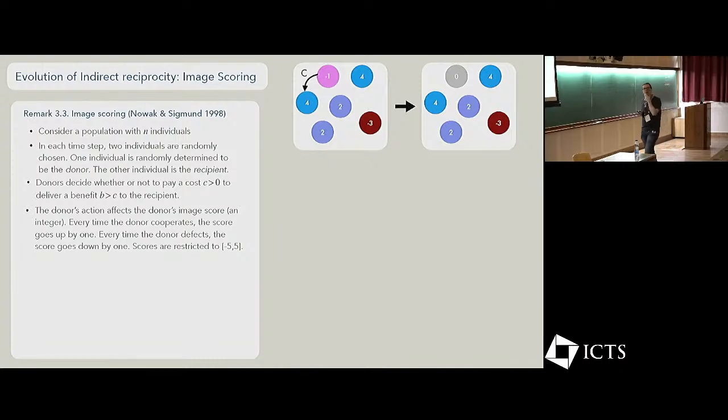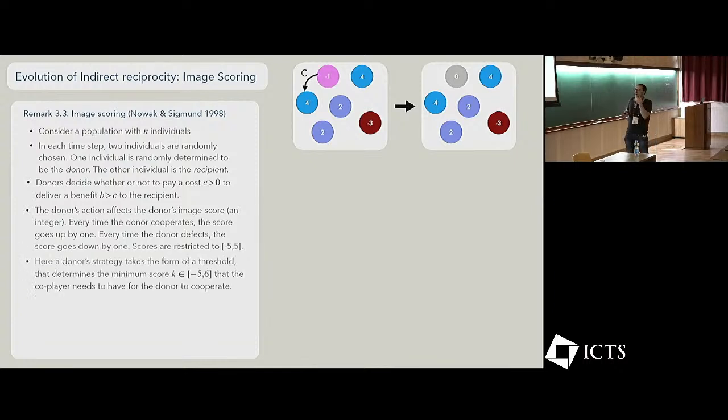Okay, and you can play this over and over again. This is now a stochastic process on your population. Now I need to tell you how people actually decide with whom they cooperate. I didn't tell you yet how people make these decisions. In other words, what are the people's strategies? How do they look